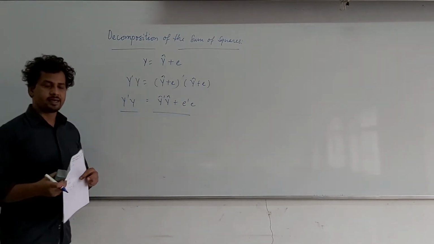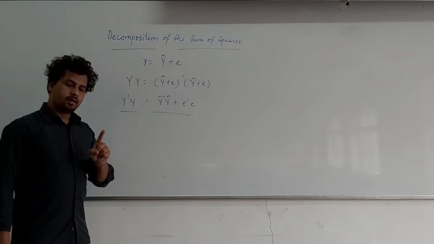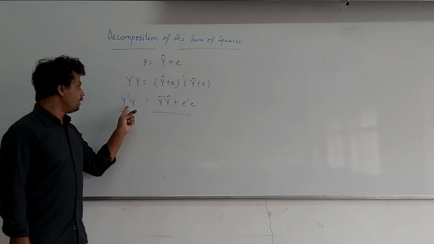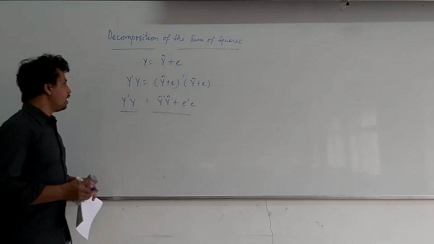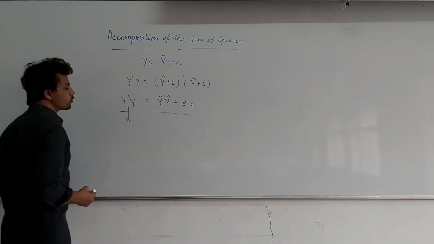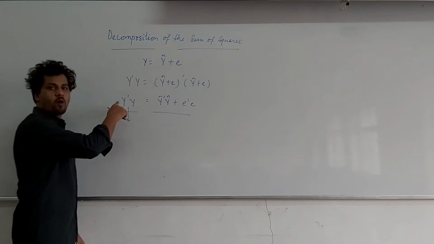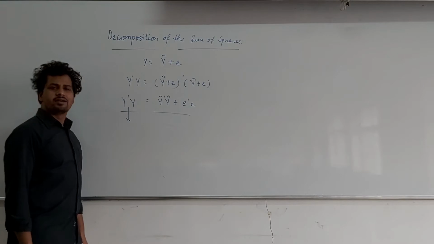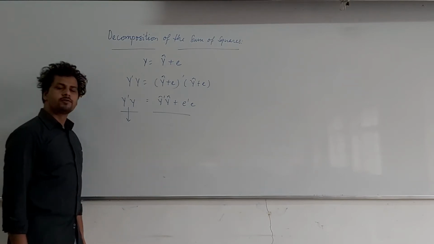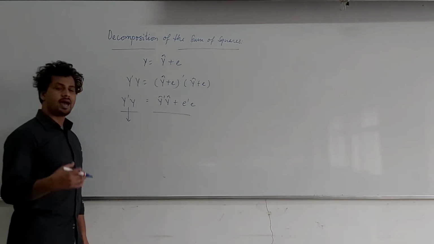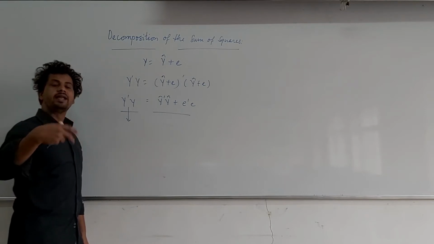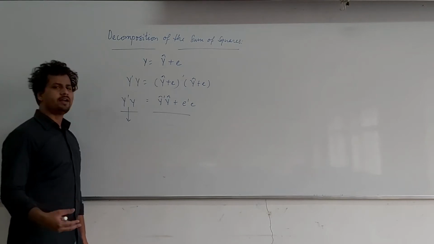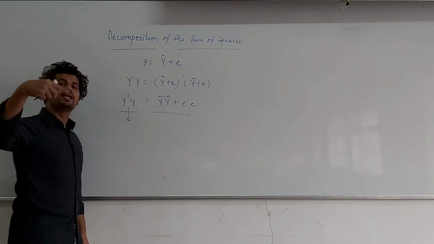So you must understand that zero covariance between the vector of regression values for y and the residuals leads to this result, right? Now notice here, y transpose y is nothing but the sum of squares of the actual y values. But our interest does not lie in just finding the sum of squares of actual y values. Our interest lies in the analysis of the variation in y values. And what exactly is variation in y values? Variation in y values is nothing but the sum of square deviations.